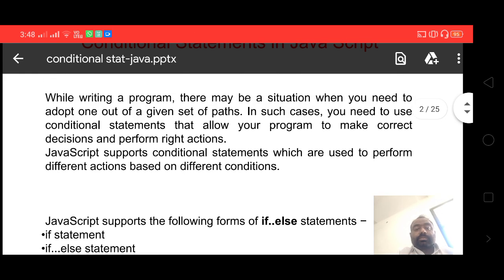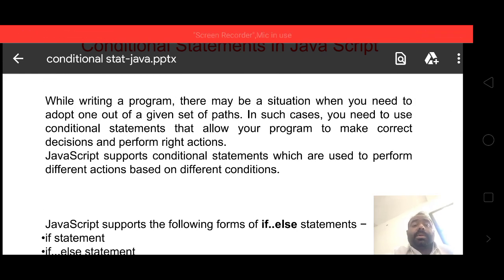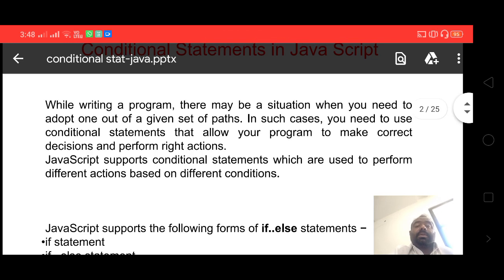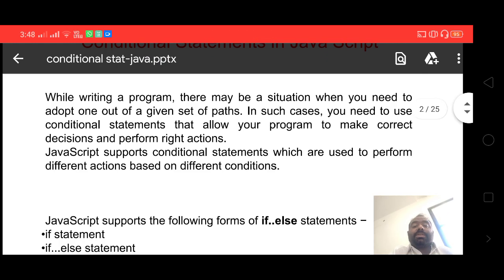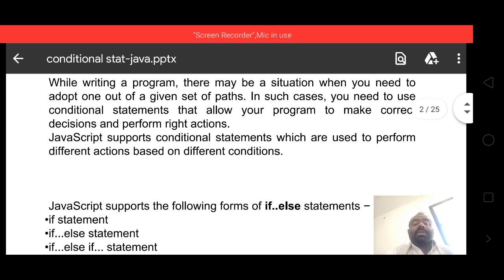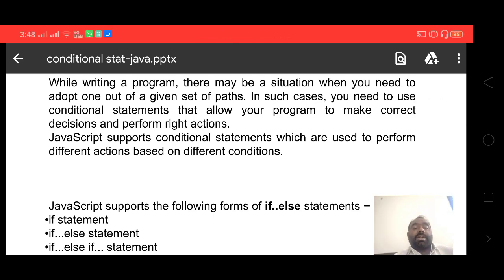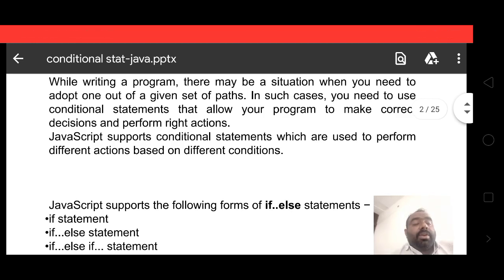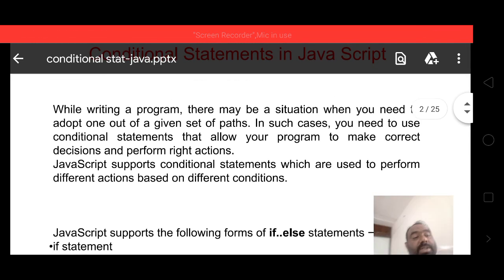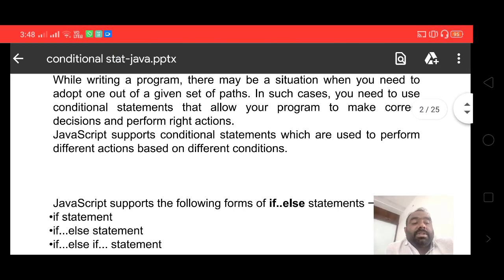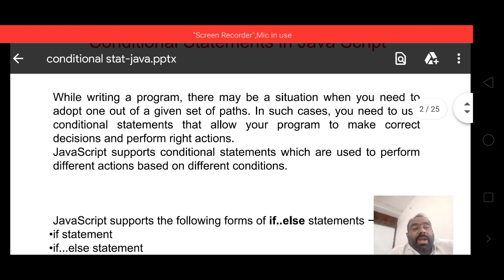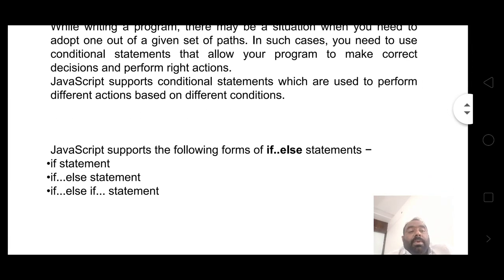Here we have the conditional statements we can use in JavaScript. Whenever you are using a conditional statement in JavaScript, based on the conditions, we can use different conditional statements, where you may select and decide what condition to use in the program.